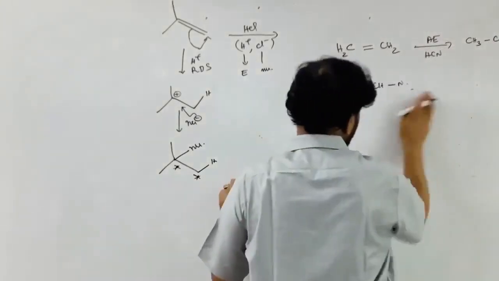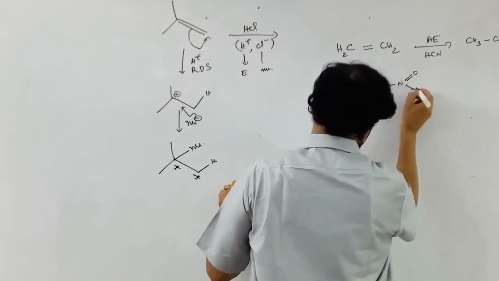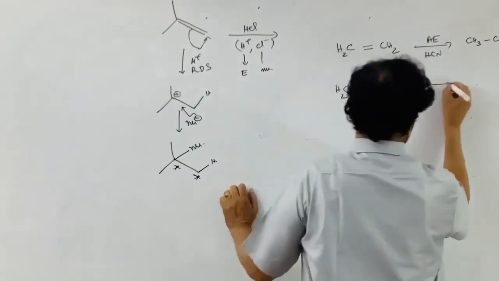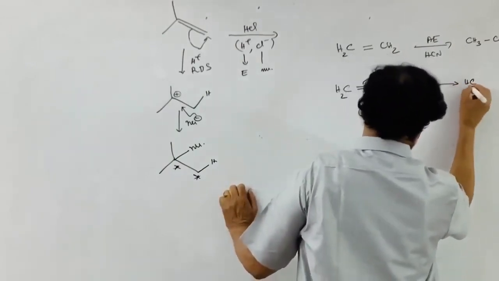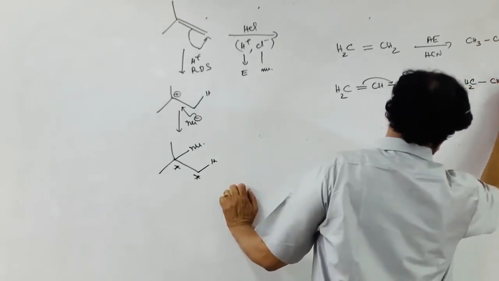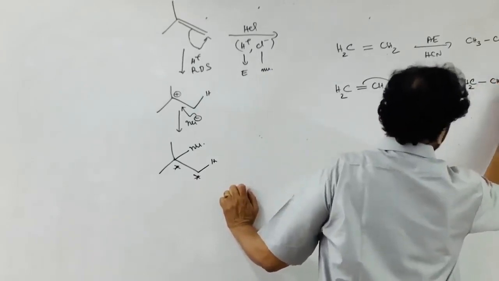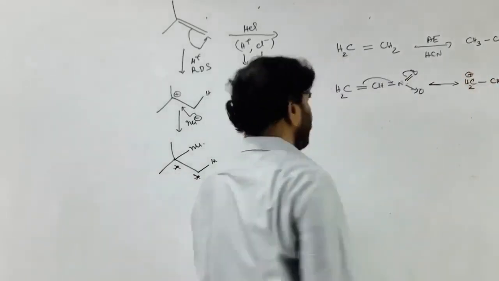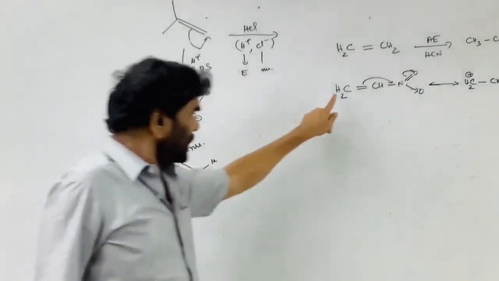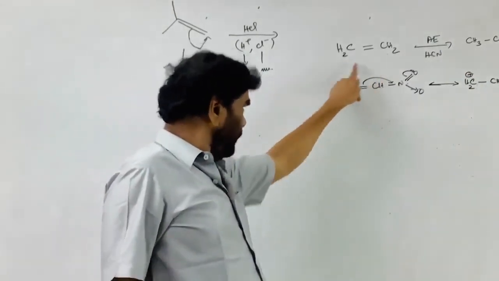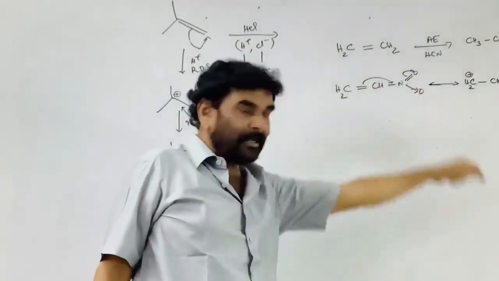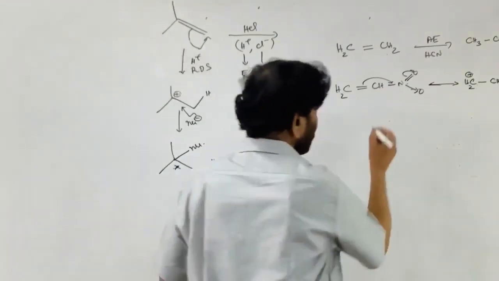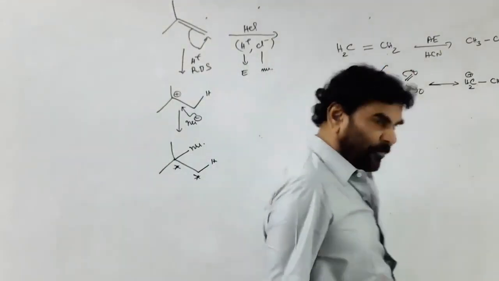How? Let me write the nitro. I am taking the simple example nitroethene. This is the resonance. Negative charge on the oxygen. This is the resonance structure, positive, because this center is negatively charged. Now in the resonance structure, a positive charge is present there. Then what happens? Now it takes part in the nucleophilic addition reaction.